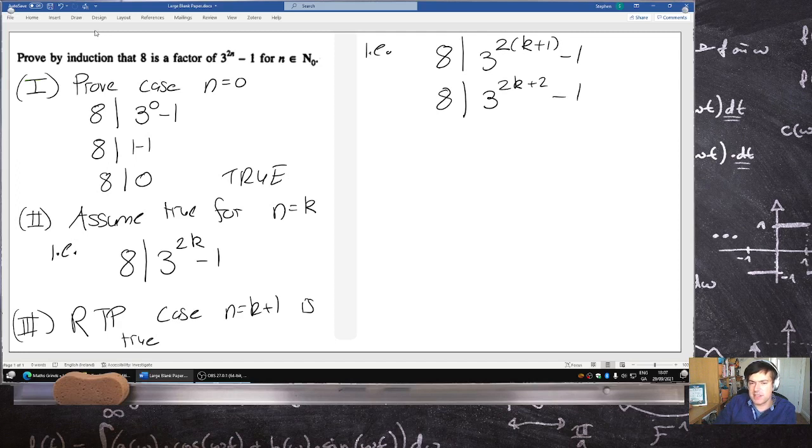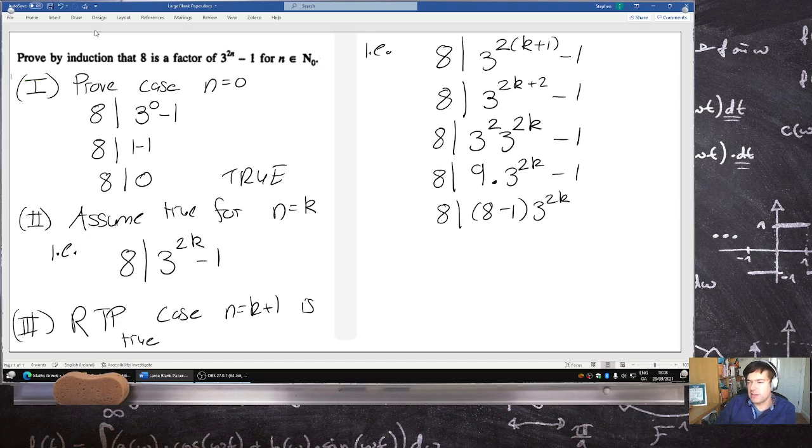It's nice because it's getting closer to this. 8 divides into 3 squared times 3^(2k) minus 1. Getting closer. Does 8 divide into... 3 squared is 9. 9 times 3^(2k) minus 1. It'd be great to turn this 9 into an 8. So does 8 divide into 8 minus 1 times 3^(2k) minus 1? Does 8 divide into, let's expand this, 8,